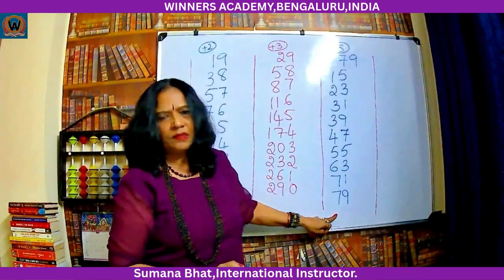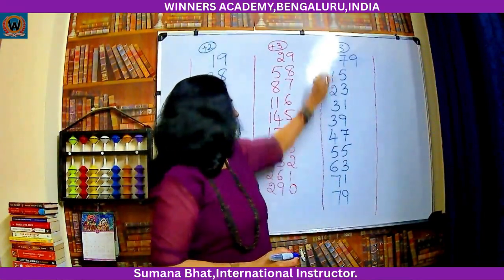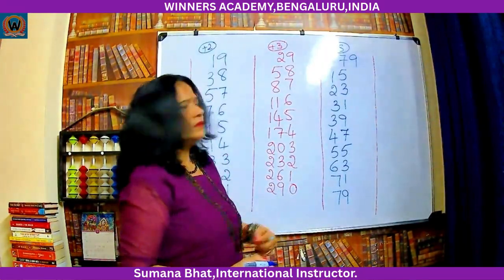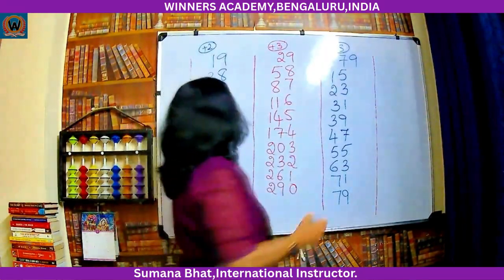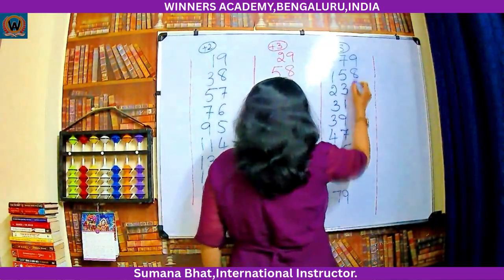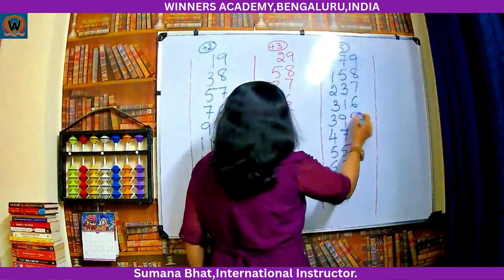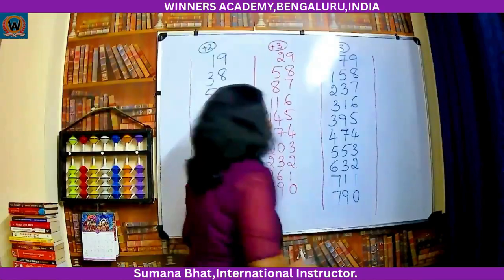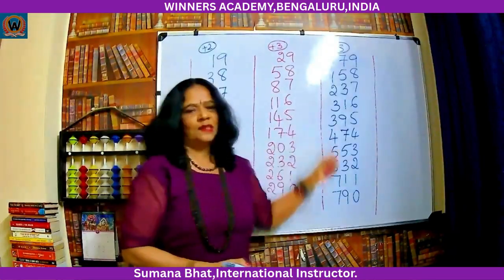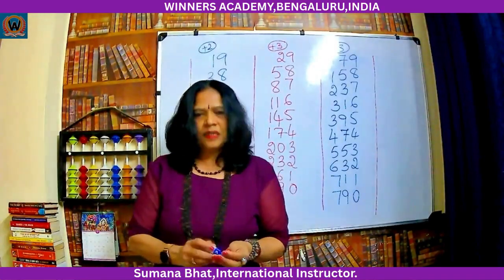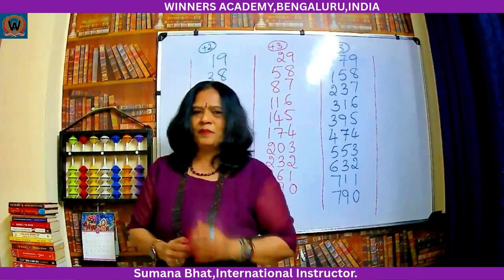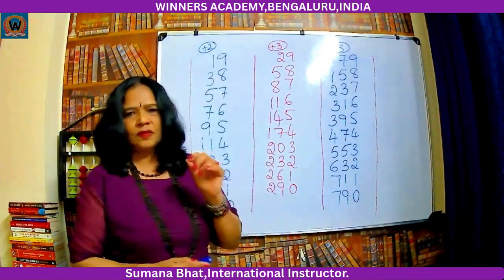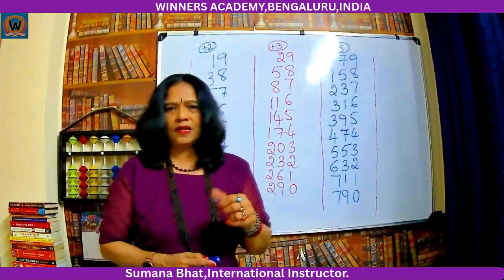We are ending with 79. See what number is given, we have to end with the same number. Now write the units place numbers in descending order: 8, 7, 6, 5, 4, 3, 2, 1, 0. Now the multiples of 79, the 79 table, is ready. So that is how to write the tables of numbers ending with 9, like 19,